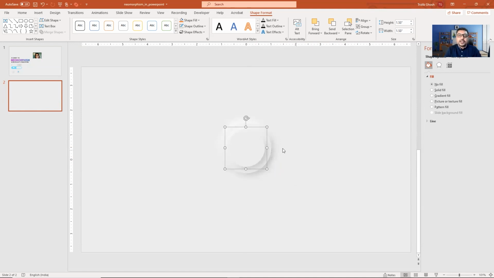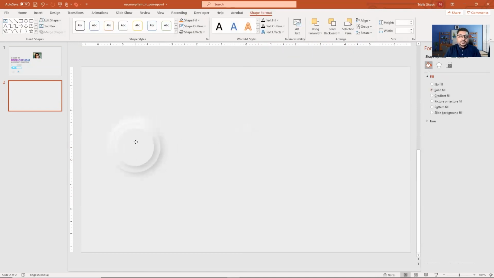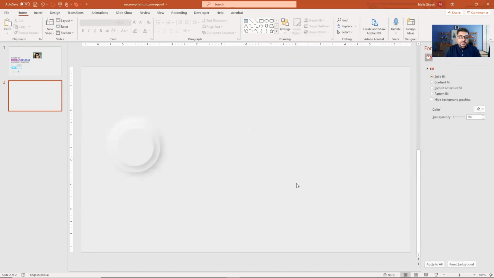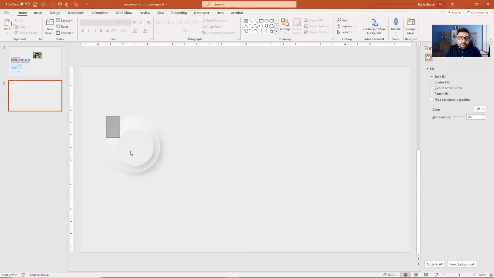Wow, we have created our first neomorphic art. Lovely, isn't it? It looks so soft, so brilliant. It's very simple, very subtle, and it really highlights the entire design. You can even put colorful icons over here that will do the trick.